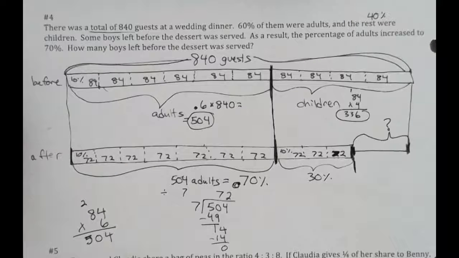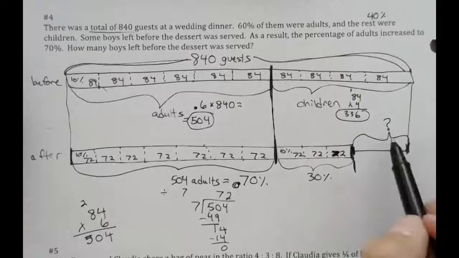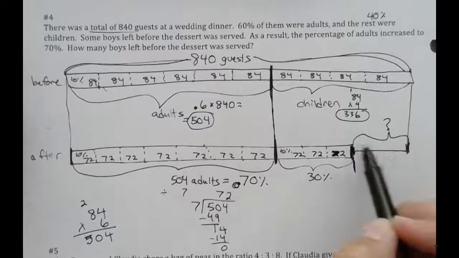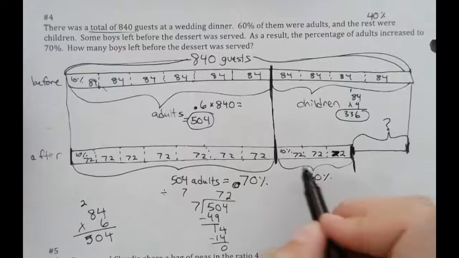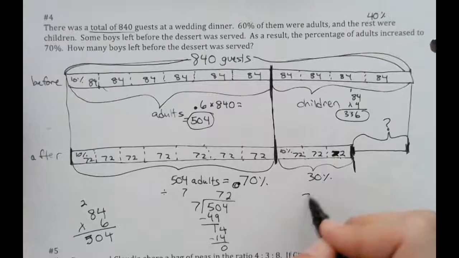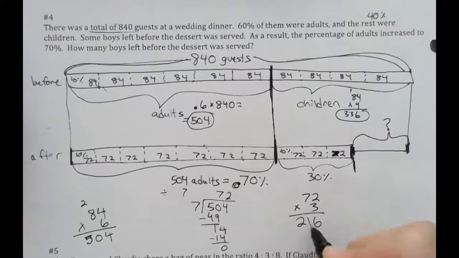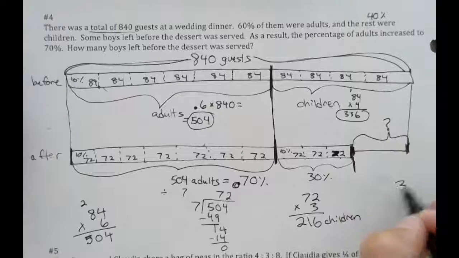All right, so now what do I do next? Well, let's go back to what am I trying to solve for? What's my question mark? My question mark is how many kids left? What's this number here? And wait a minute, if this is 3 72s here, that means that there are now 216 children. So if there were 336